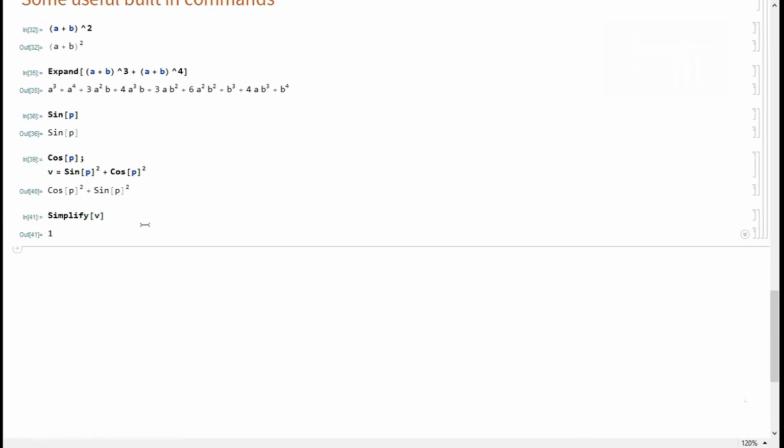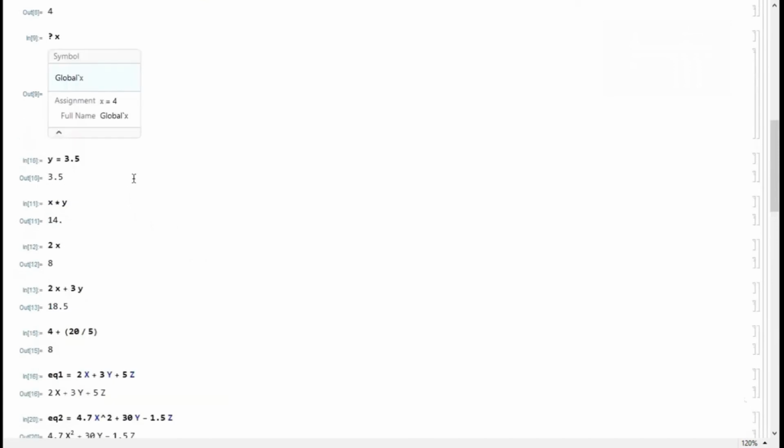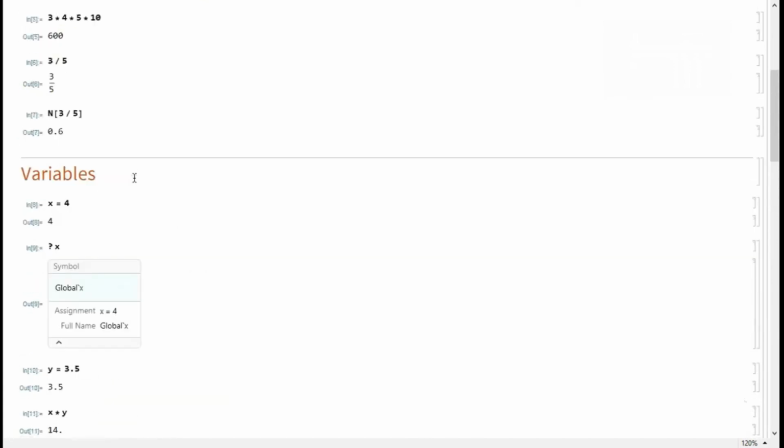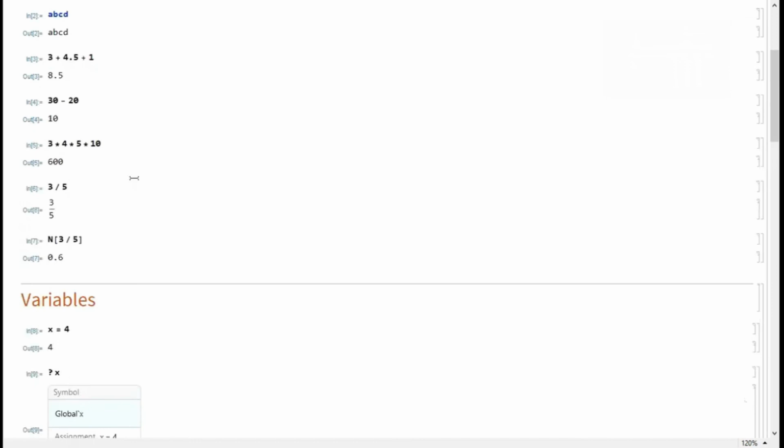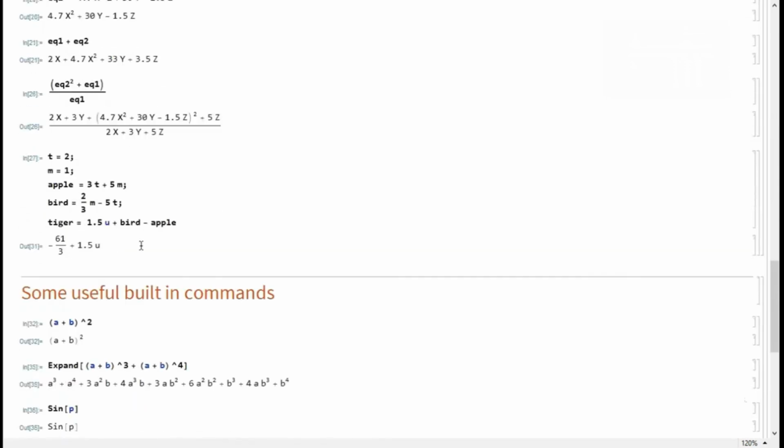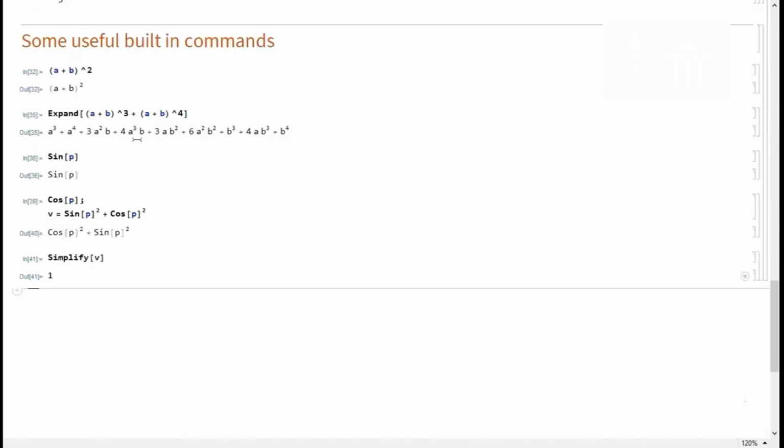What we have done today is we learned some very basic algebraic manipulations, and we saw these 3 built-in commands to be precise. One is how to get the numerical values, how to expand, and how to simplify. So let's now take another example, but this time we'll be focusing on how to get numerical values